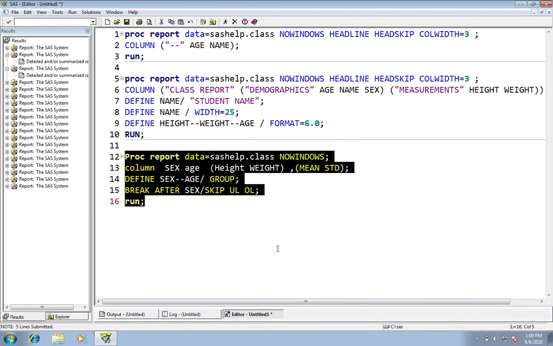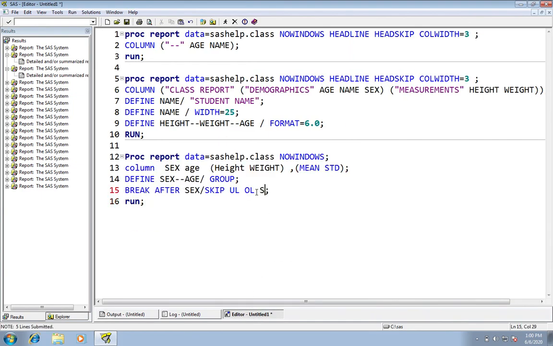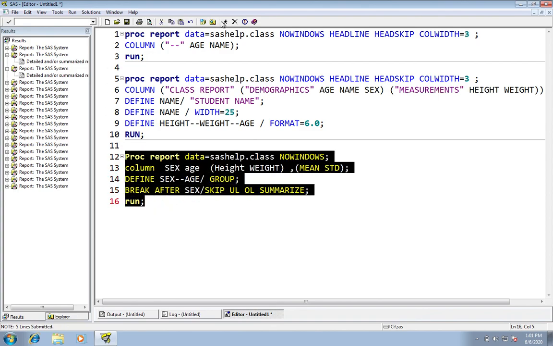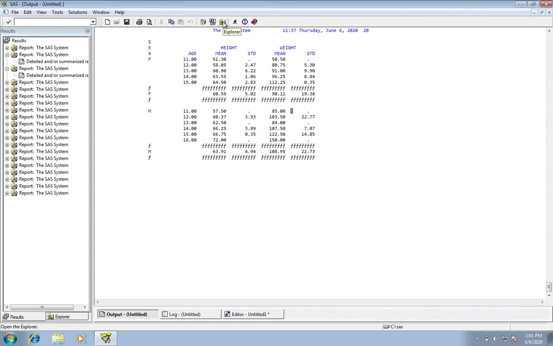Let's give the summarize option. What will this summarize do? Let's see. Execute the program. See, it gave me the mean values for the height value.